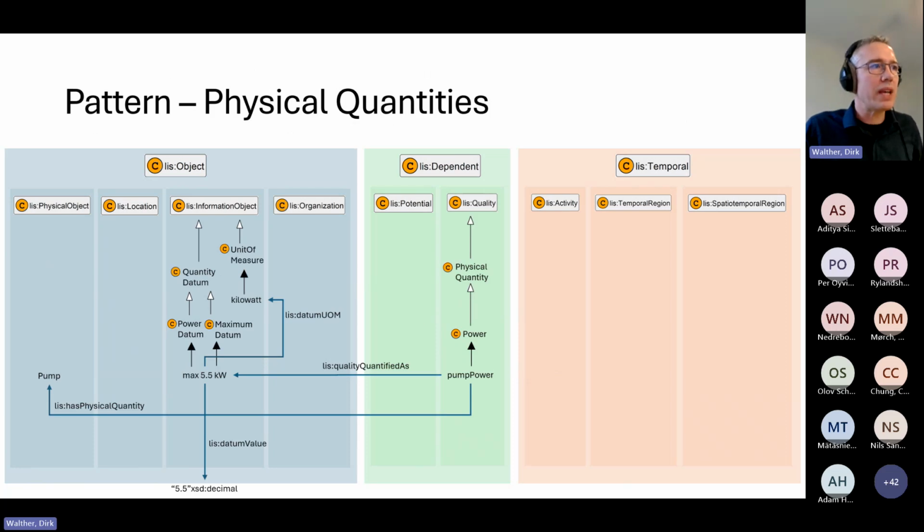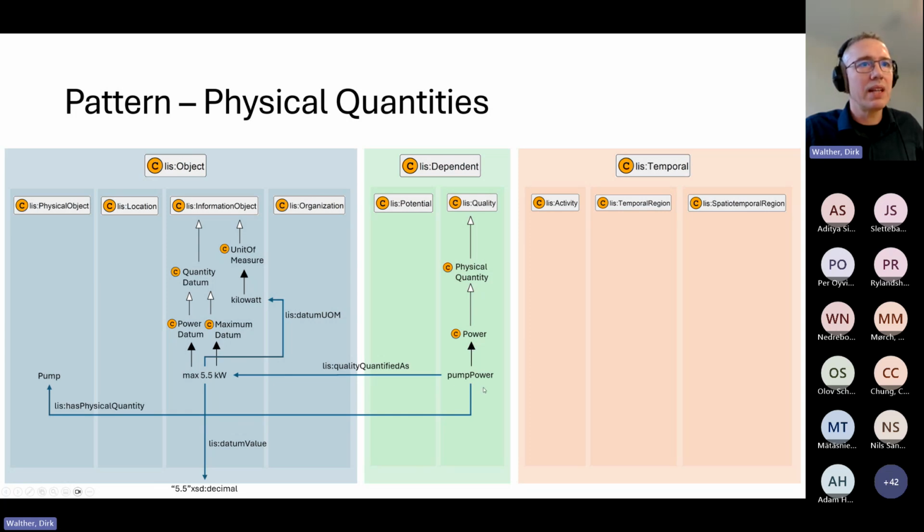There's more, of course. If we want to say that our pump has a certain power, then it gets a little more complicated, partially due to me putting these categories in the wrong place, so we have crossing arrows, but bear with me. We can say that a pump has a physical quantity, which is the pump power, so the power of the pump. We force that the power of the pump is being represented separately from the pump itself. Therefore, we have yet another word for it: pump as a word and pump power. Pump power is categorized as power, which is a subclass of physical quantity, which is a subclass of quality in IDO.